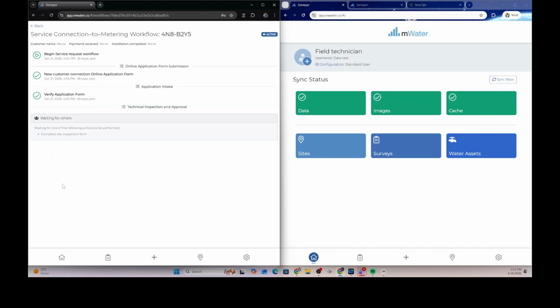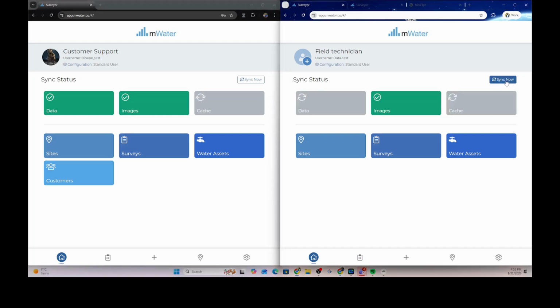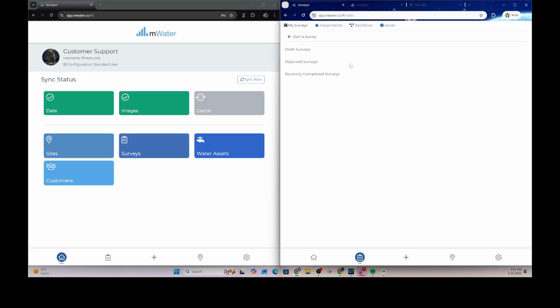So once they submit that, we notice that it moves to the technical inspection and approval stage. That means this is complete, but they can't perform this particular role, so they have to wait for someone else to do it. So this is the notification they get on their end. And now, if this field technician synchronizes in the field, they are going to get